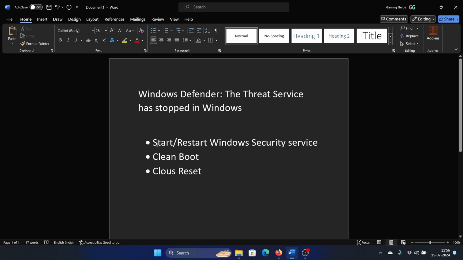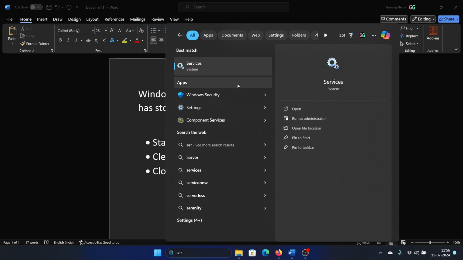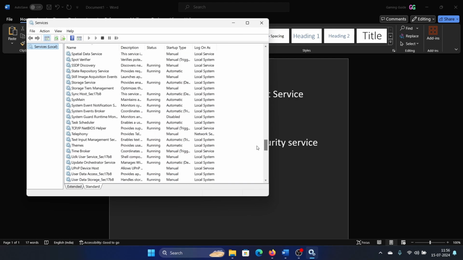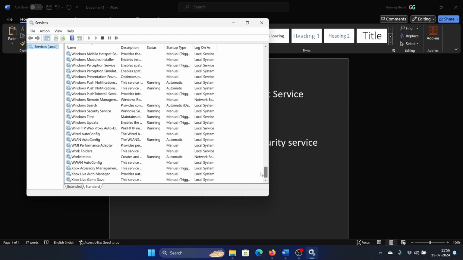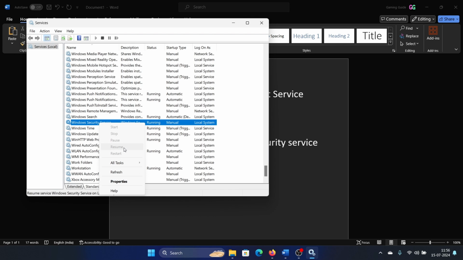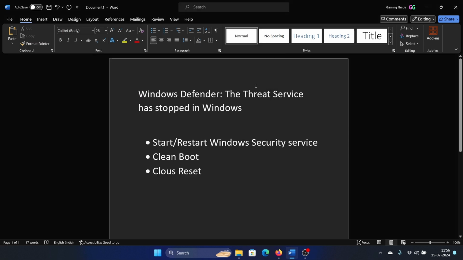The first solution is to start or restart the Windows Security Service. So search for services, open services, scroll down to the Windows Security Service. Right click on it, and then if you have an option to start or restart it, then please do the needful. Now I don't have that option because that is not supposed to be given to me, but yes, a lot